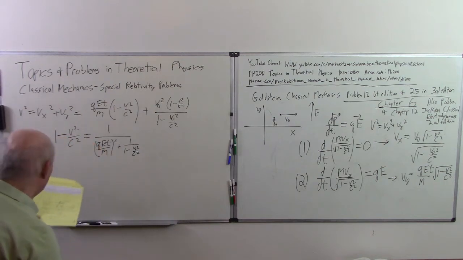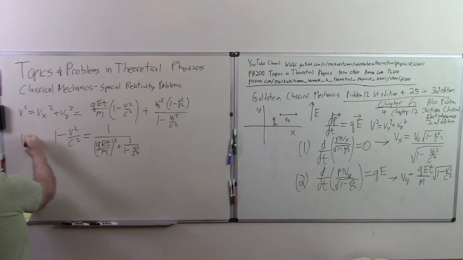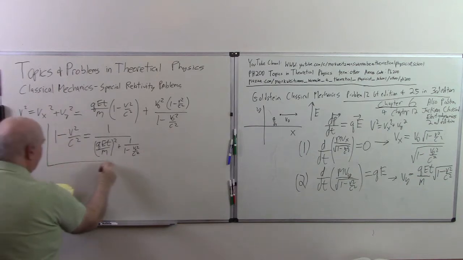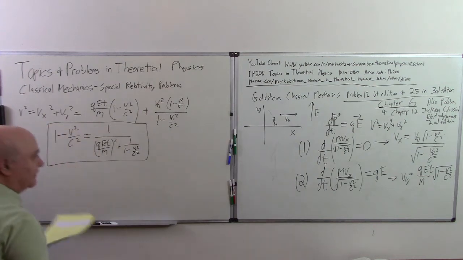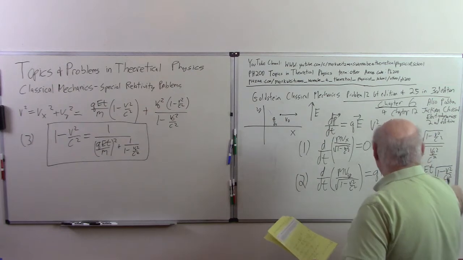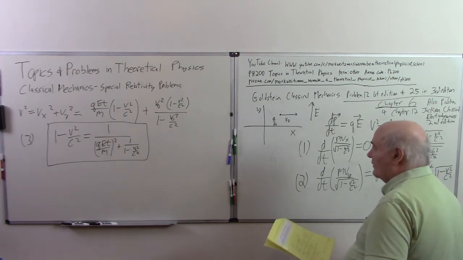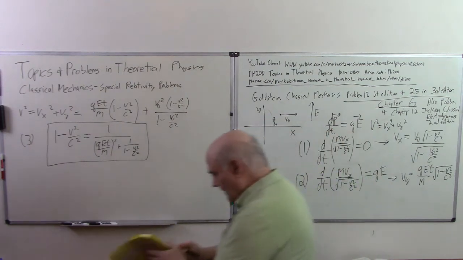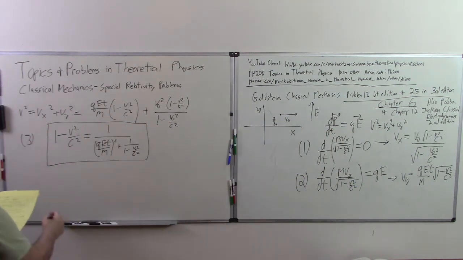Okay. So this is, I'll put label 3 here, box it. So now we have this factor here, and we can substitute it in these equations, and we can get first order equations for Vx and Vy. So when you do those substitutions, you get